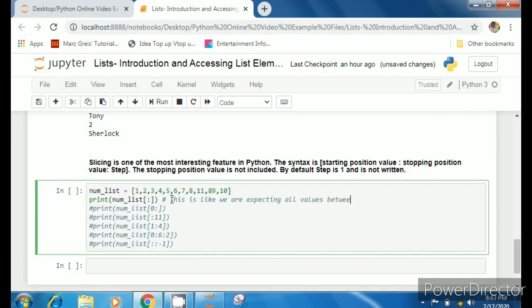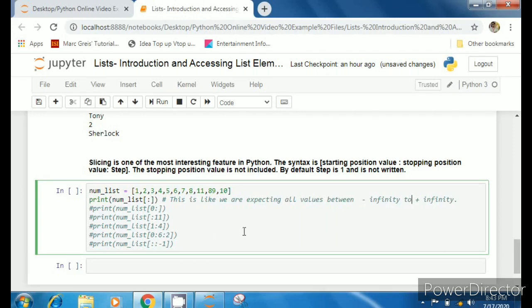It means that there is a colon, and before and after colon there is nothing written within the square bracket. It means that we are expecting or including every value from left hand side to every value of right hand side. This is just like you are expecting all values between minus infinity to plus infinity.